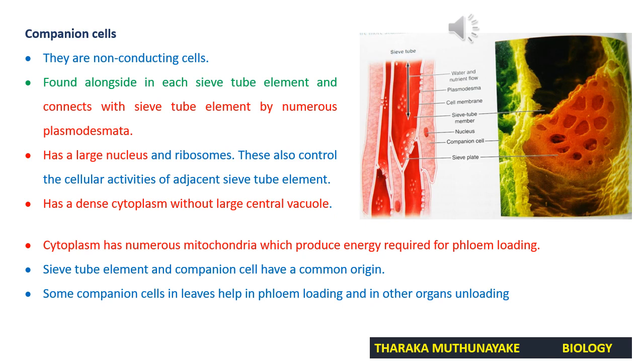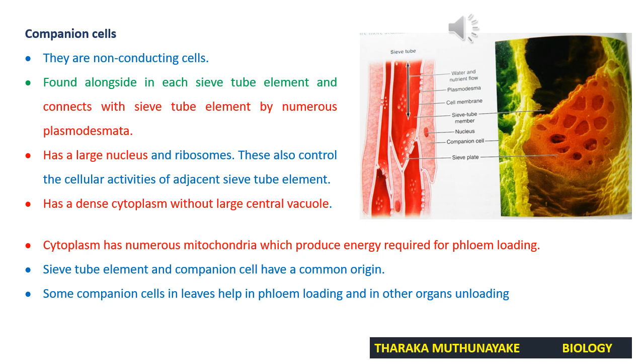They should be transported from other cells, for an example from leaf mesophyll cells, to sieve tube element for transportation. First, from those leaf mesophyll cells, those components of phloem sap are added or transported into the companion cell. Then from the companion cell, those components of phloem sap, including sucrose, are secreted into the lumen of the sieve tube element. This process is known as phloem loading. In other words, simply we can say phloem loading means secretion of sucrose and other components of phloem sap from companion cell into the sieve tube element.